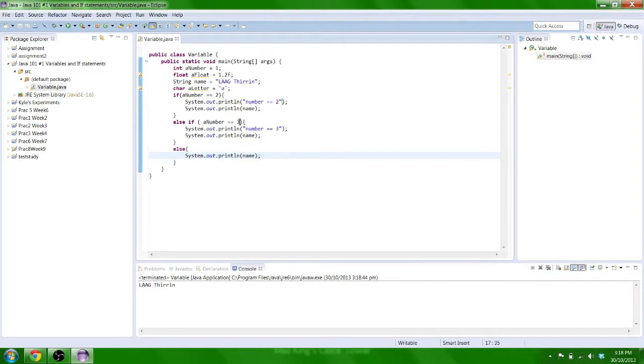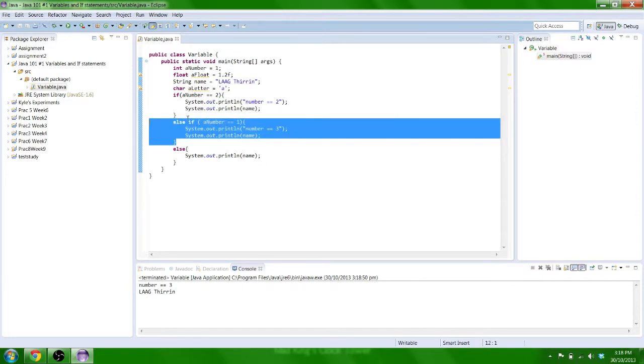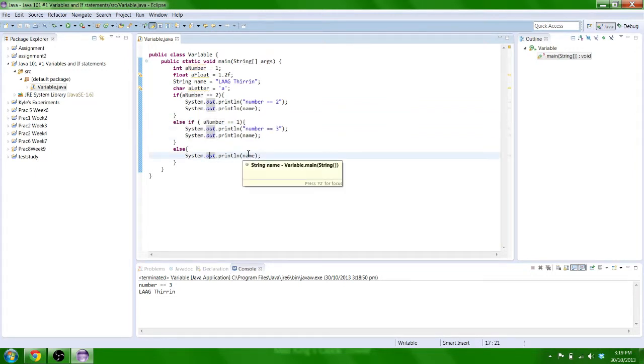There you go. Now if I change this back to 1, the else won't execute because we found an answer to our problem at this point here. So there was no need to go further down the ladder. And that's basically an overview of if statements. We can